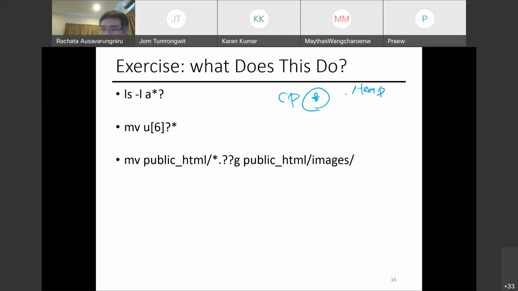So we have one single star. That means that it matches everything, right? Basically, it's a command that says I'm gonna copy something, and that something is anything in this directory. Yes, you are exactly correct.